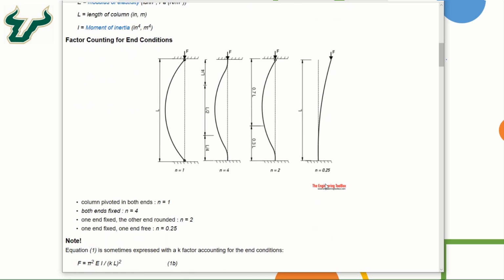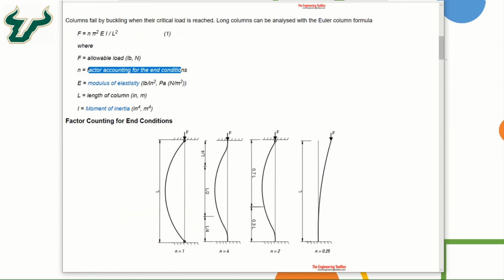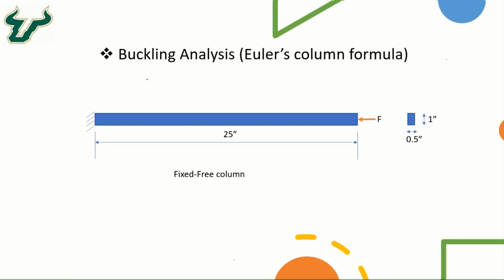Okay, so we're going to find out first what is the critical buckling load for the dimensions of the problem that we have. We can write this equation as the critical buckling load F equal to n pi square E times I, divided by L square. So if we plug in these values here, n equal to 0.25 times pi square times